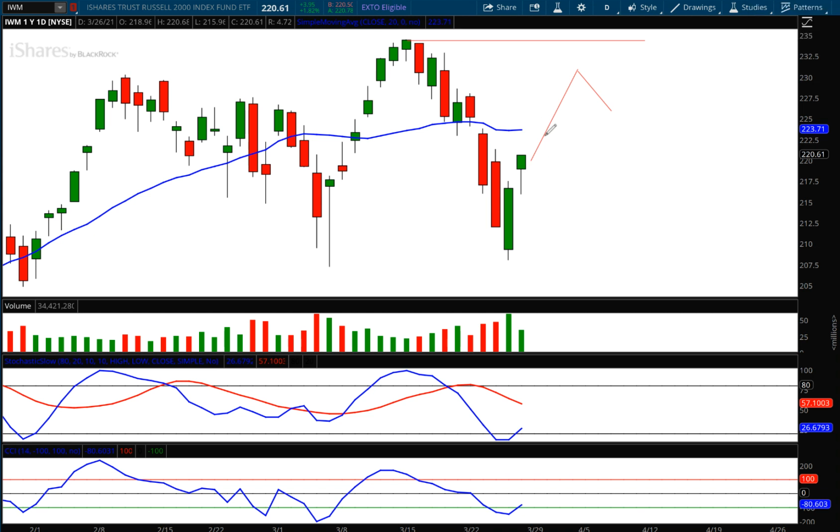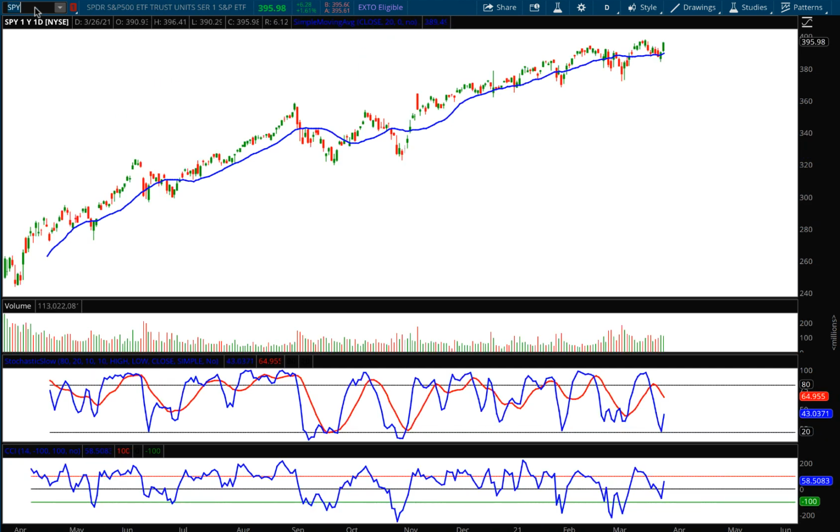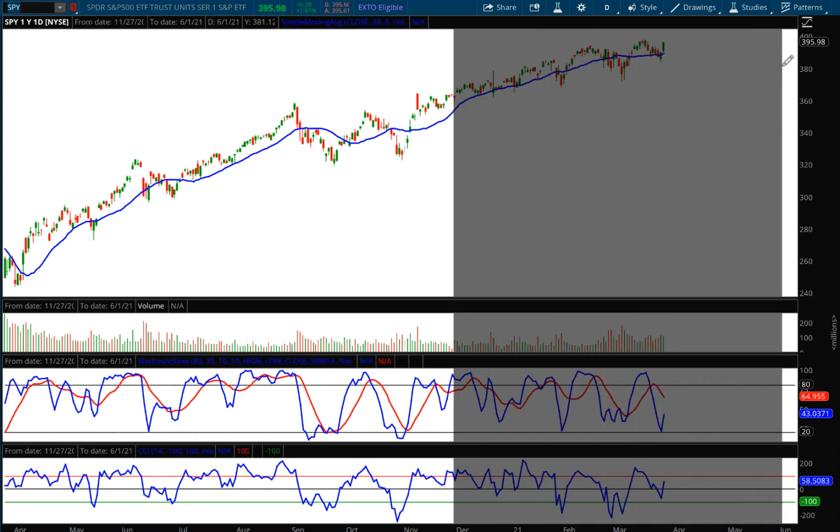So that's my target for IWM. Short-term upside is going to be 230.94, and then the pivot point will most likely start to form at that point, and we'll pull back. So it's IWM. If we look at the S&P, SPY, you'll see, again, leaving my lines on the chart from last week,